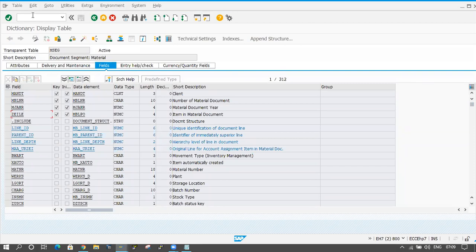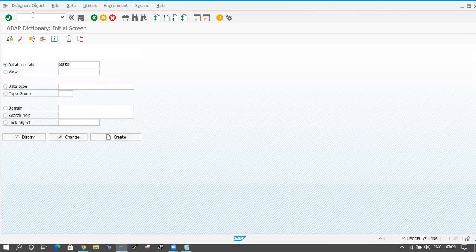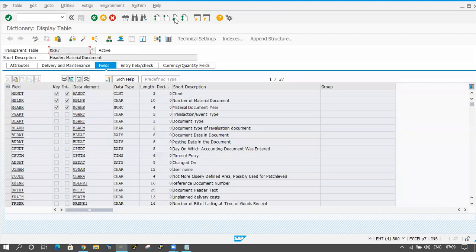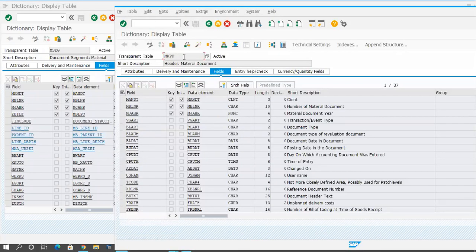Now I will open MKPF also, with /o SE11. MKPF, click on display button. So this is the header data. MKPF is the header data and MSEG is the item data.